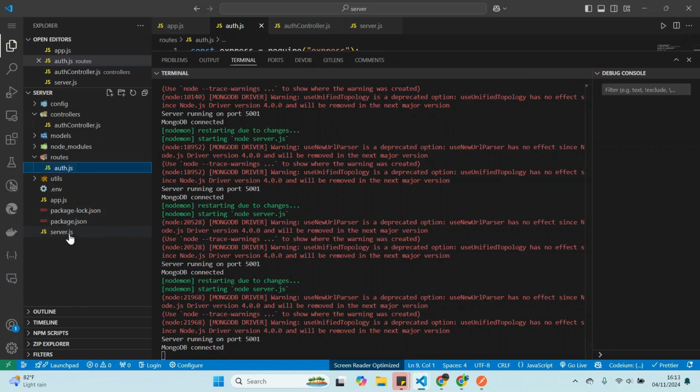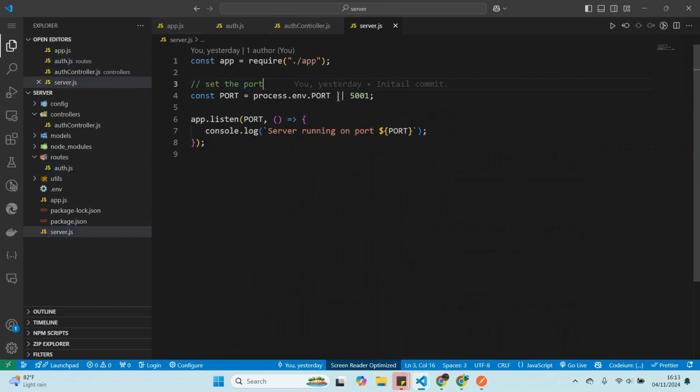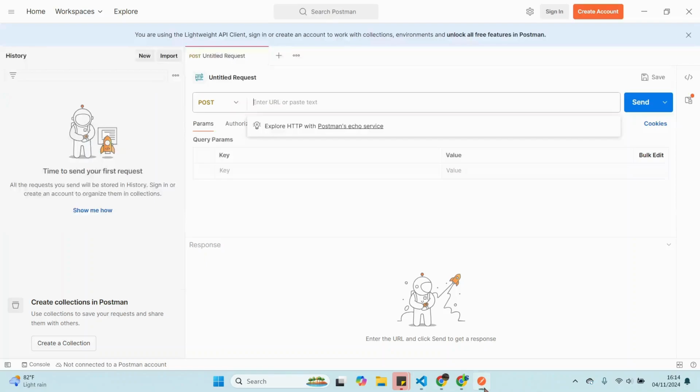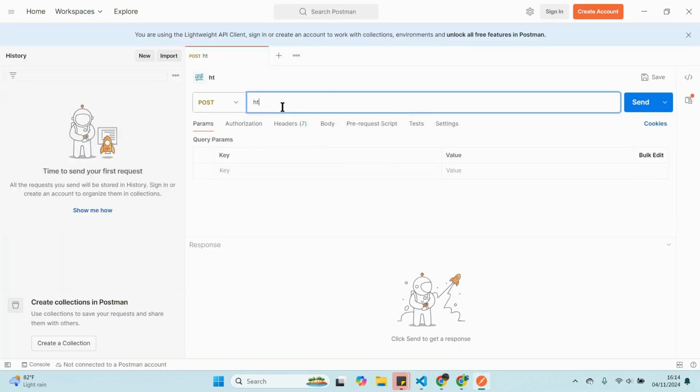So here is our server. Here is where we start our server. Our server is running on port 5001. So if I go to Postman, then go to HTTP localhost, slash 5001, and then slash